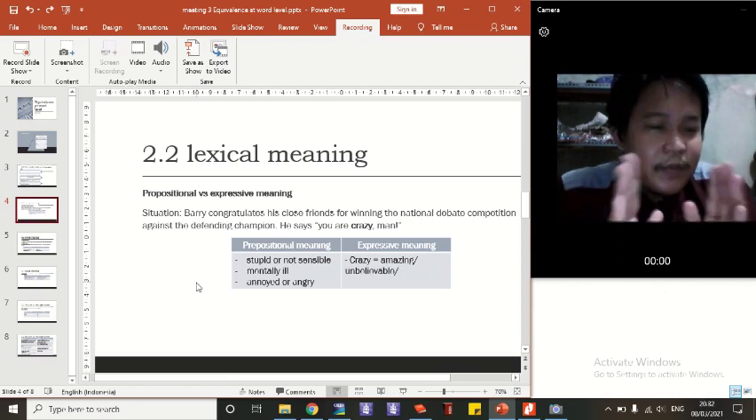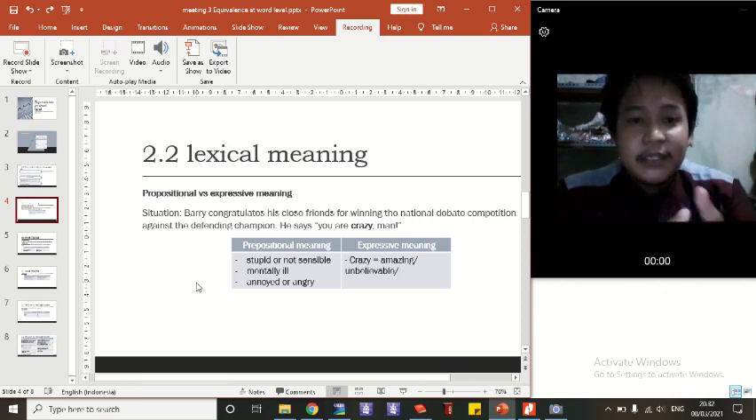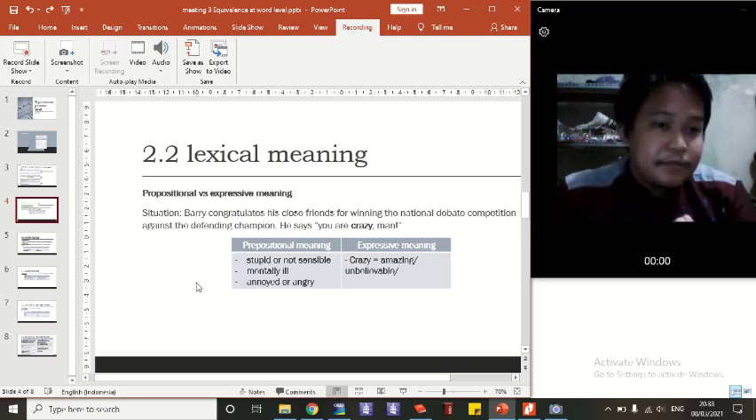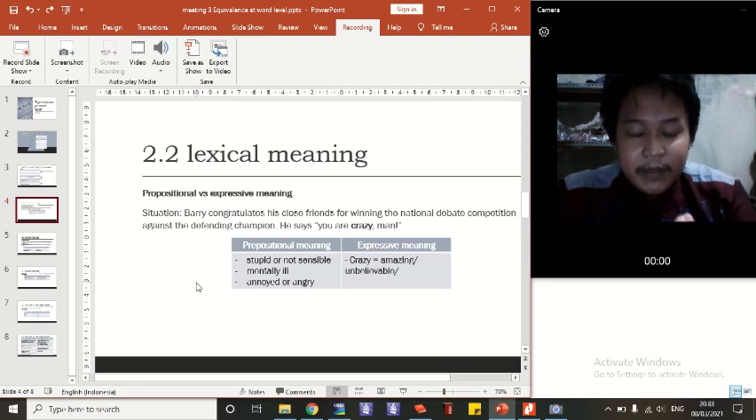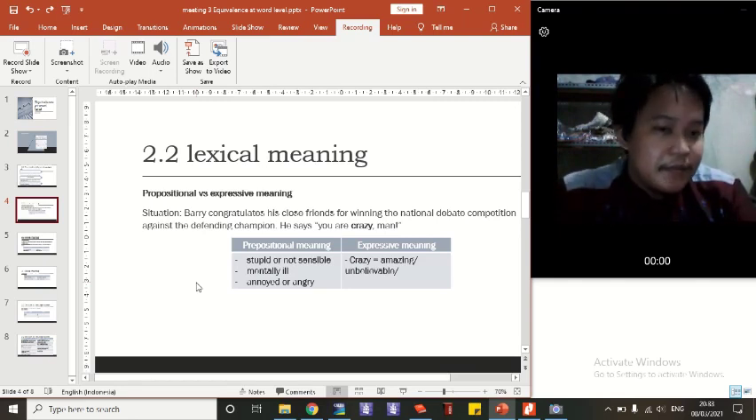So prepositional meaning, you can say what the dictionary says, or the common original ideas in the dictionary. While expressive meaning, it depends on the speaker, since it is expressive. For example, in